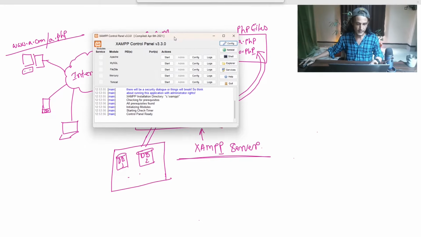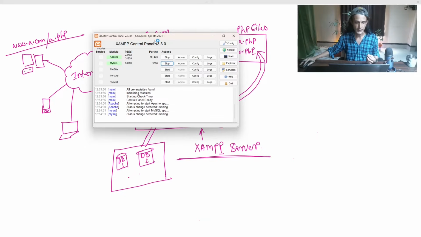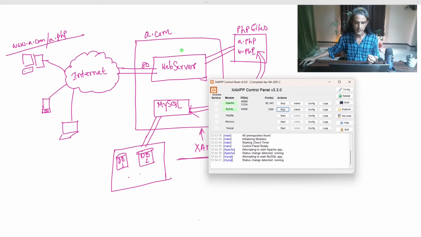Now see, by default, when you start it for the first time, Apache will be in stop mode, and MySQL, they are not running actually. As I said, these are nothing but software components. These softwares are not in an executing state. So for that reason, you have to start them. It means you are actually executing these softwares. You are turning them on. It means now your computer is capable of acting as a web server, and also it has a database server